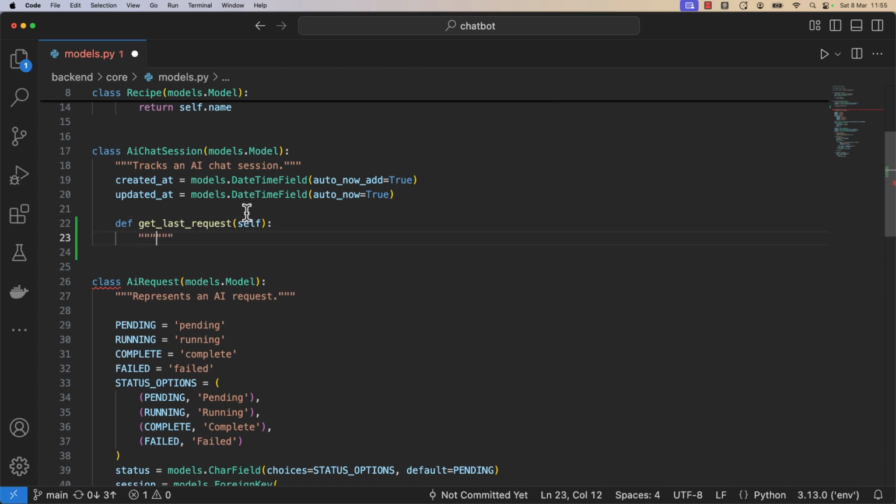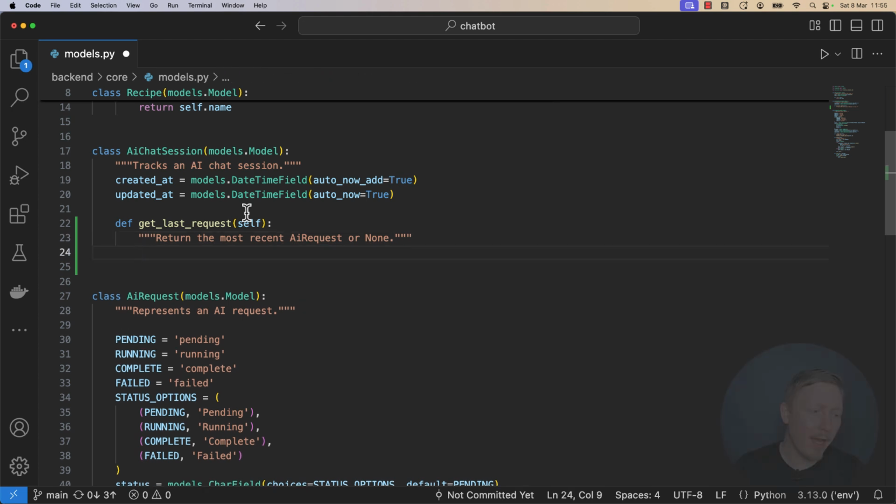And then we'll do return the most recent AI request or none, or nil, or null. Essentially, the reason we do that is because if this is the first session, well, there isn't going to be any last request because it's the first one, so there's no request so far. So we'll type